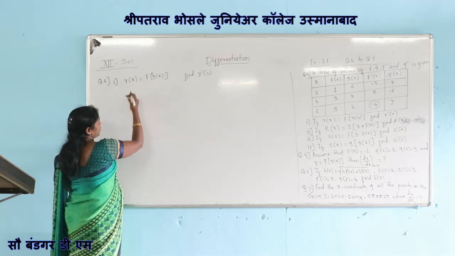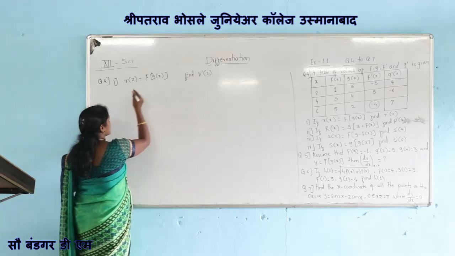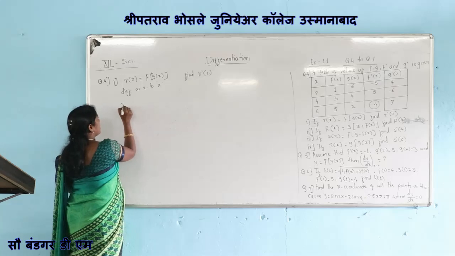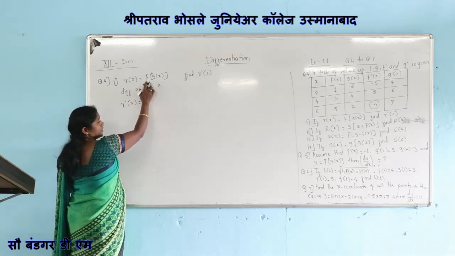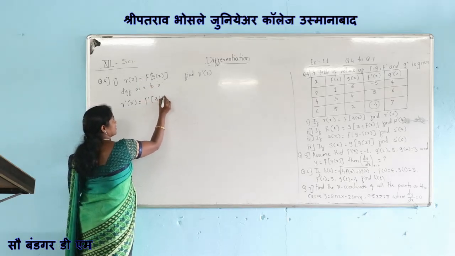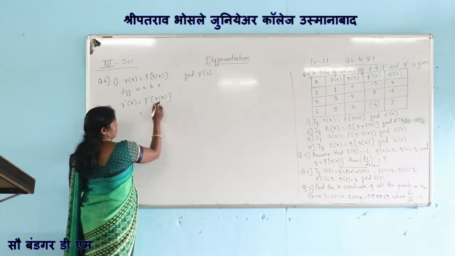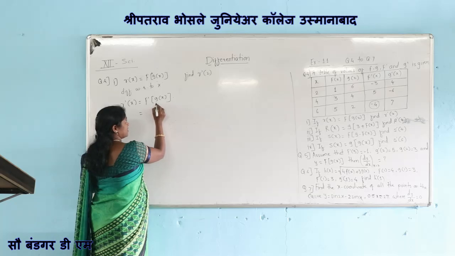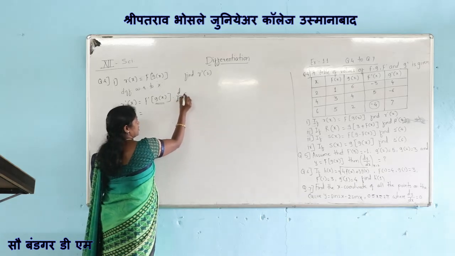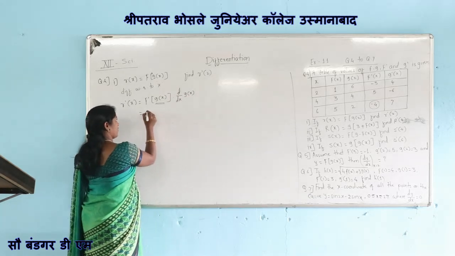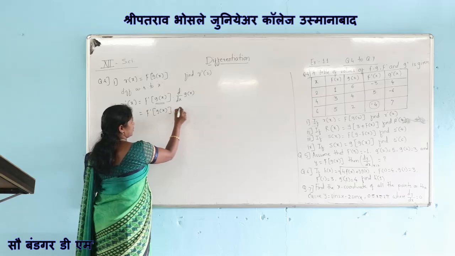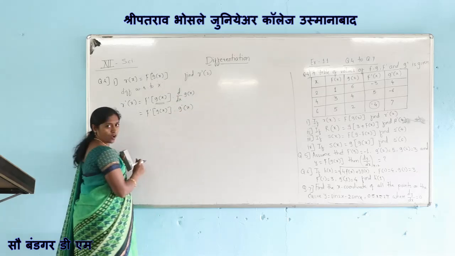So, given r of x, we have to differentiate it with respect to x to find r dash. Differentiating with respect to x, we get r dash of x is equal to the derivative of f of g of x. F, its derivative is f dash of g of x, because instead of x there is g of x. So we have to multiply by the derivative of g of x, d by dx of g of x. So, f dash of g of x into g dash of x.